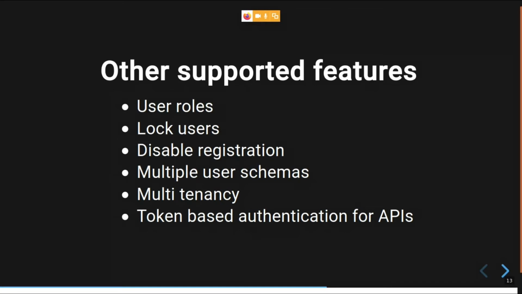Okay, so lock users. Suppose our application is a subscription type application. A user creates an account and a subscription and is using it, but at the end of the month the subscription expires.